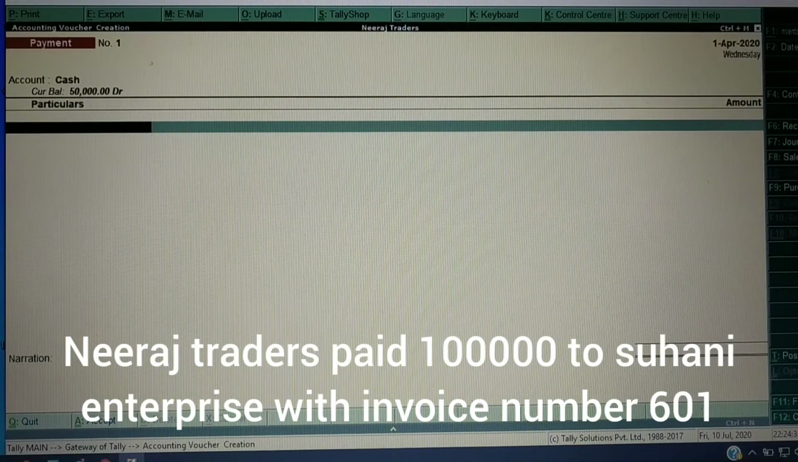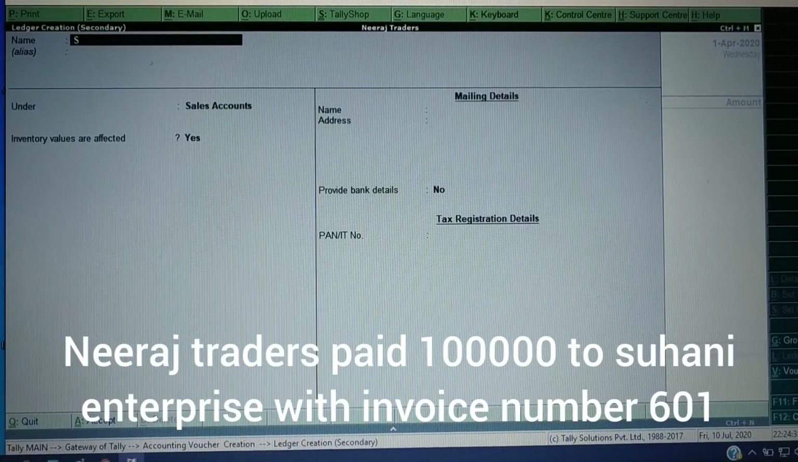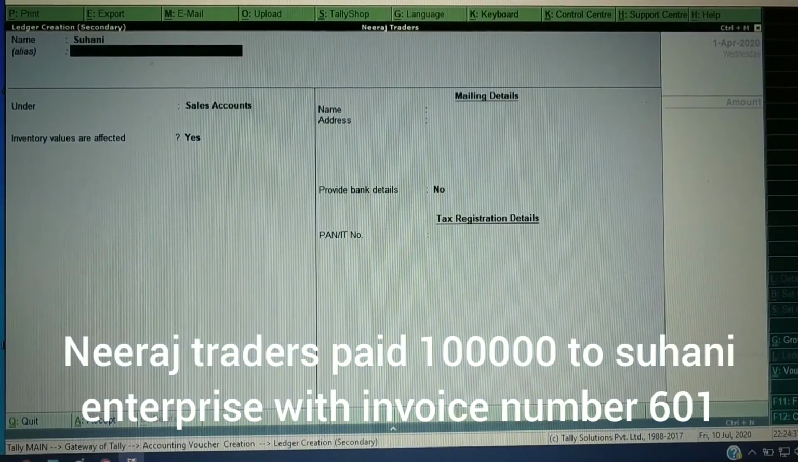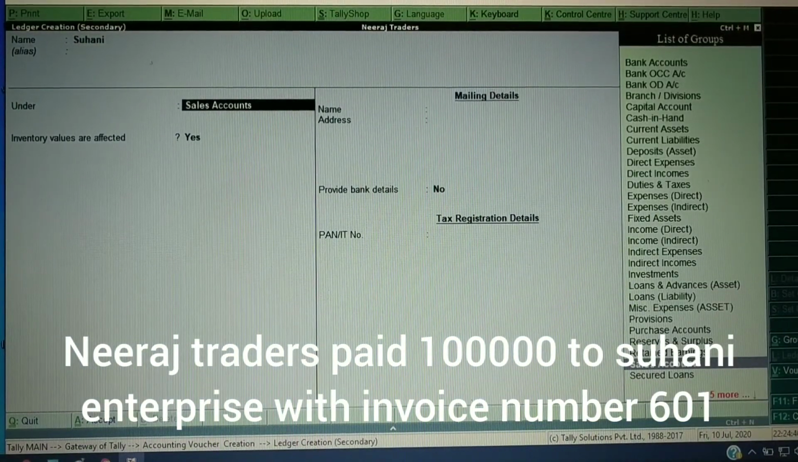So cash we need to take. Whom are you paying? Suhani Enterprises. So Alt C. So here we need to take Suhani. We are paying to Suhani, which means we are purchasing some goods from Suhani. So we are paying this much amount to Suhani. So Suhani account will be